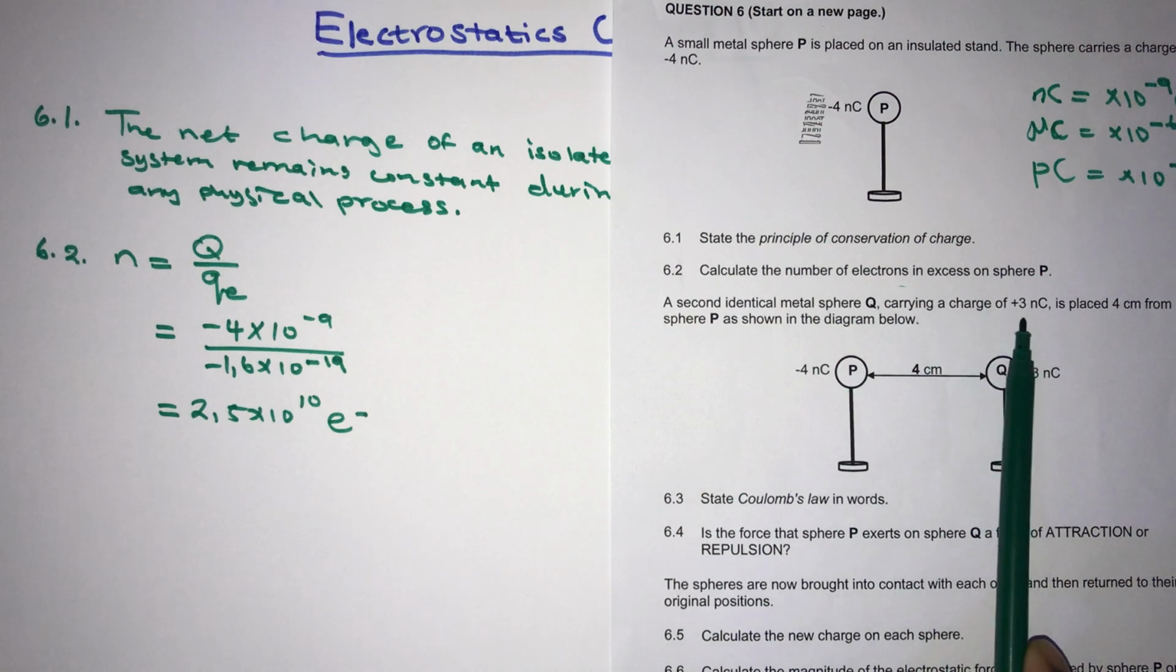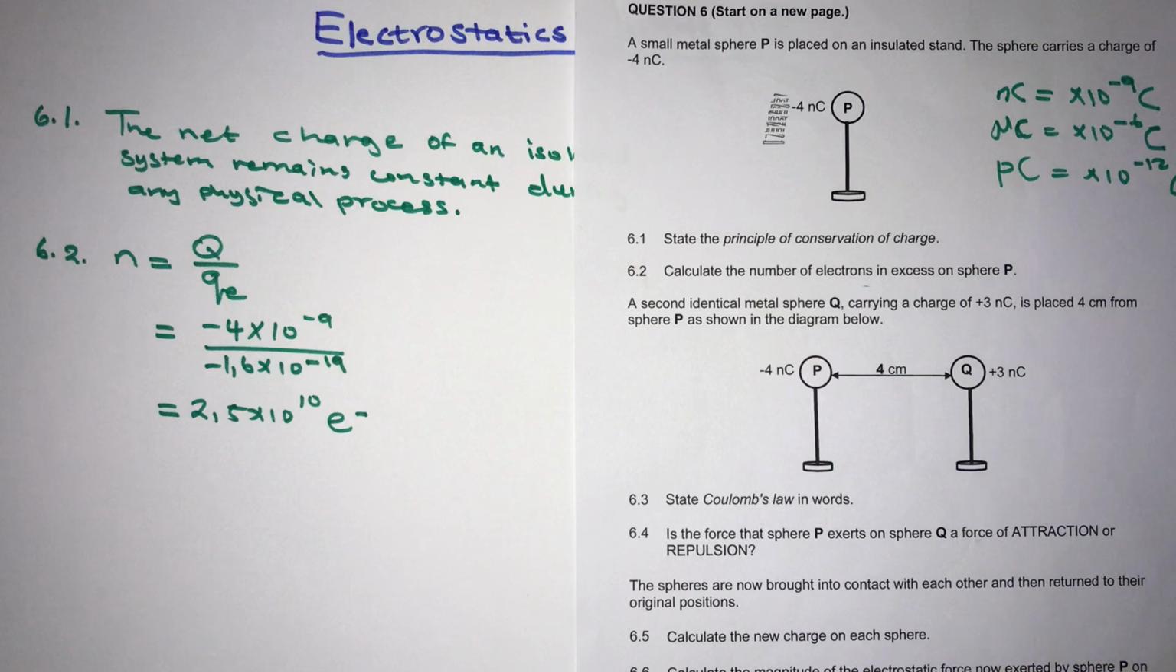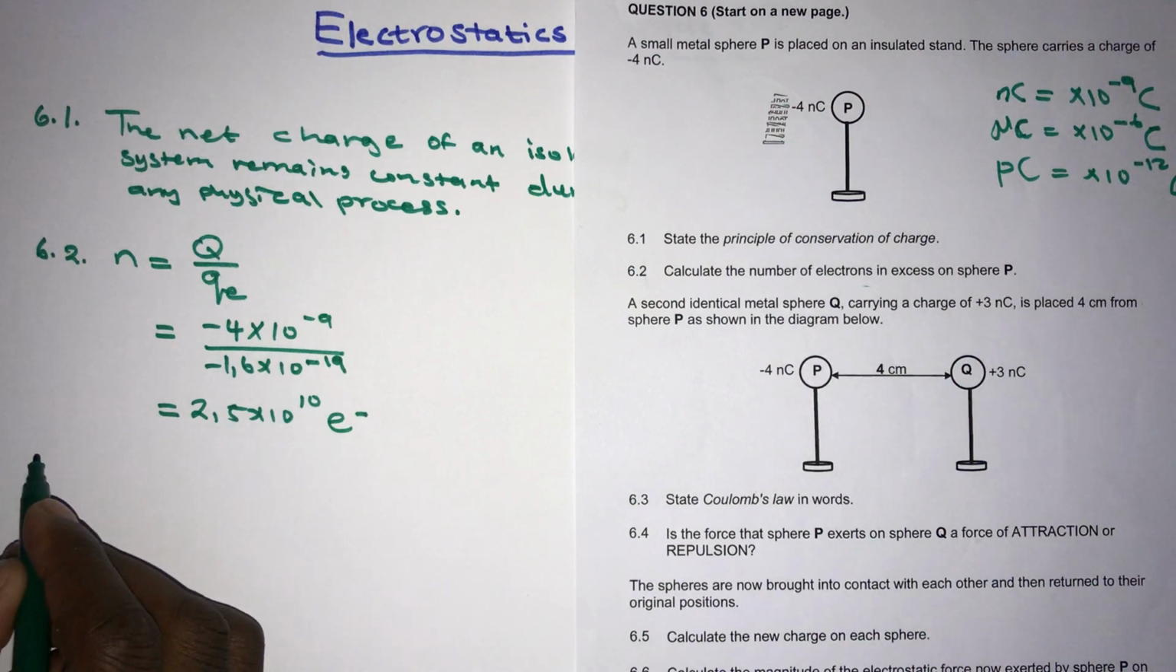a charge of positive 3 nanocoulomb is placed 4 centimeters from sphere P as shown in the diagram below. So here now we have sphere P and sphere Q. So they are placed 4 centimeters apart from each other. So 6.3,